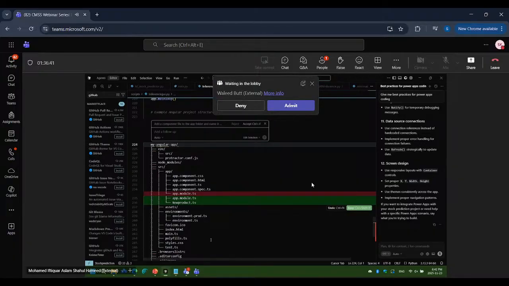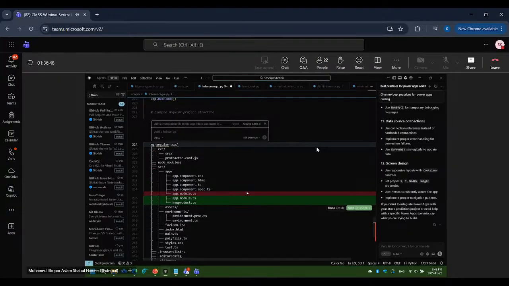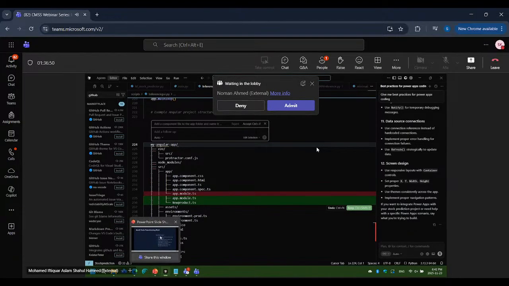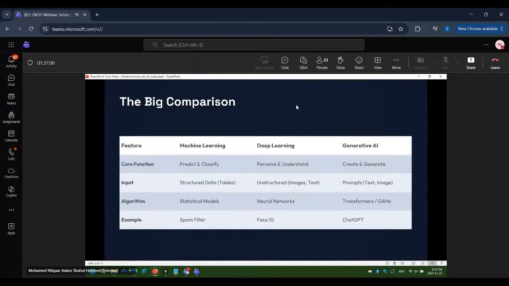So this is from the coding perspective, what all we can do. And we have content creation, coding assistance, right? Here is the comparison between machine learning, deep learning, and generative AI.